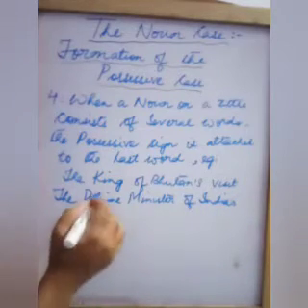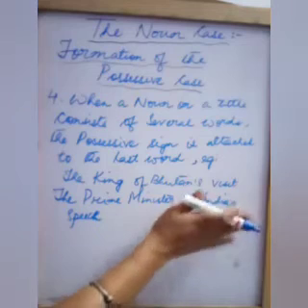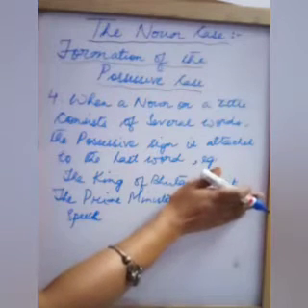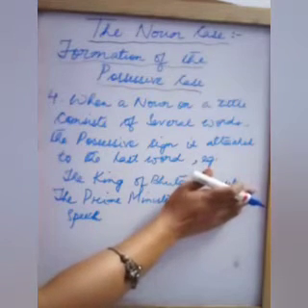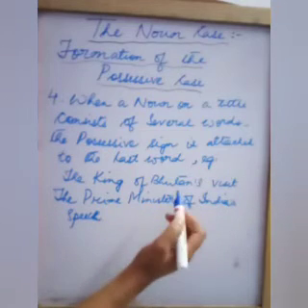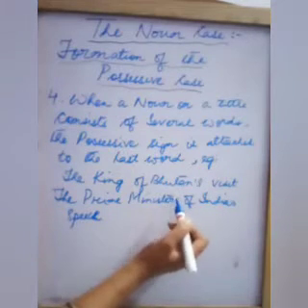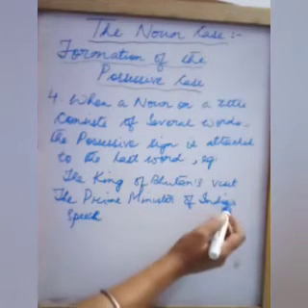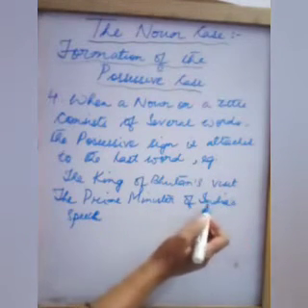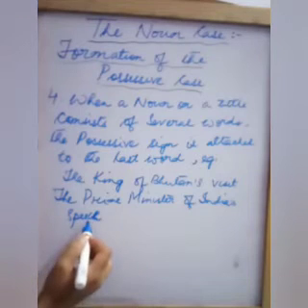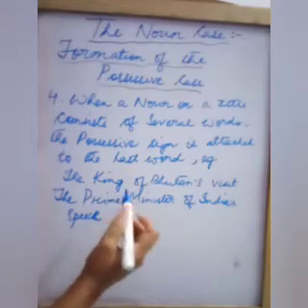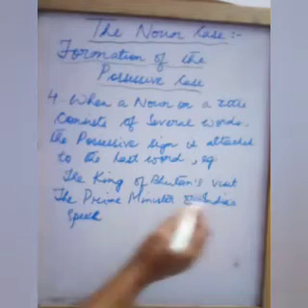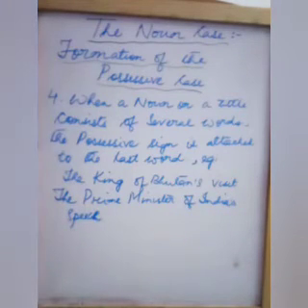Right? In case we had omitted India, suppose we don't write India, then we can write the Prime Minister's. In that case we can add the apostrophe. But as we are mentioning the name of the country, the possessive will come with the name of the country because it is the last word. Obviously it will not come with speech. It will be the Prime Minister of India's speech. Clear?